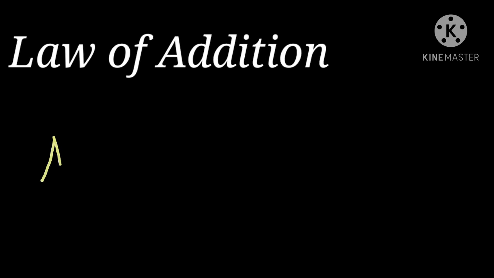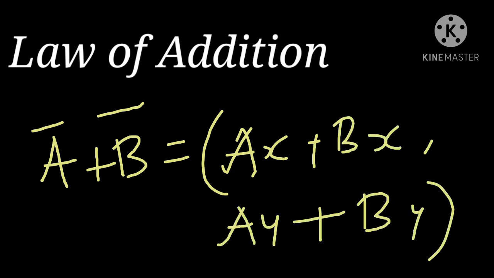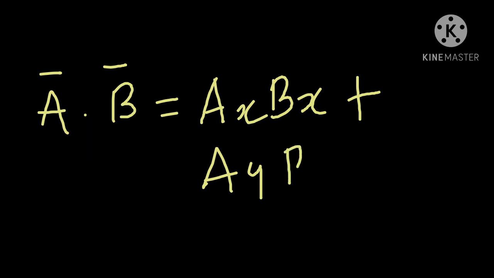And for the law of vector addition, that is when we are taking the sum of two vectors A plus B, then we have to do like this: ax plus bx comma ay plus by. This is in the two-dimensional case. Likewise, the scalar product of two vectors can be written as a dot b is equal to ax bx plus ay by. This is in the two-dimensional case.